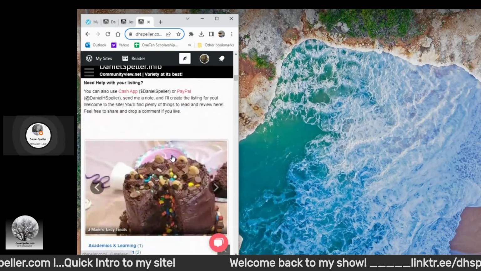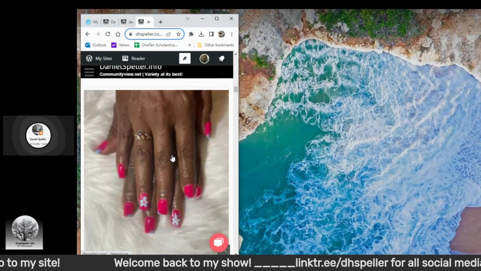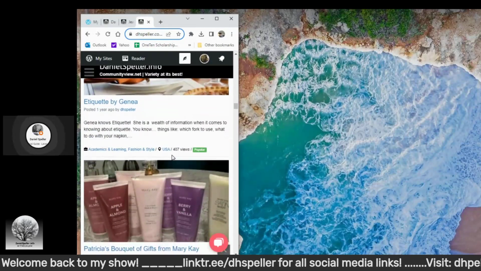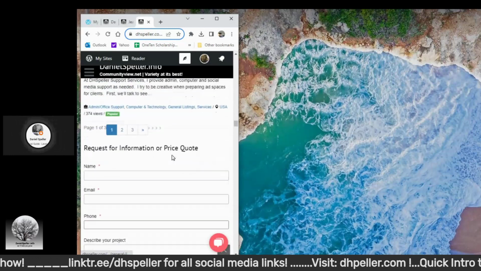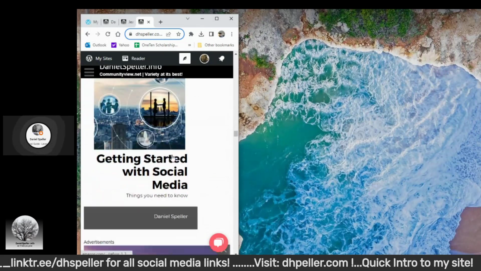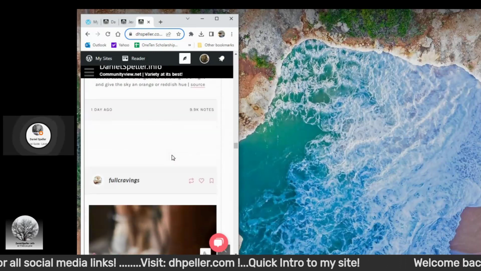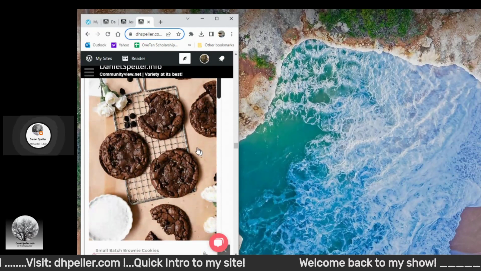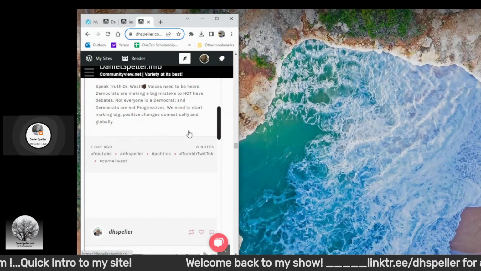But basically this is kind of how it would look. You would still see your ads, you still see the information, you still would see your listing, everything would still be the same. It's just a longer scroll because it's on your phone now or your tablet. And, of course, the size of everything is going to be adjusted accordingly. So this side, if you wanted to just see what was on Tumblr, you see I'm scrolling the internal one,